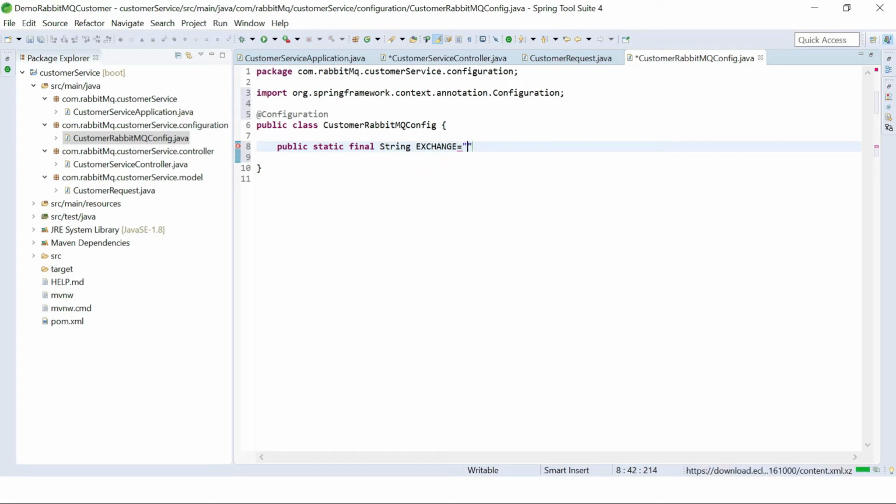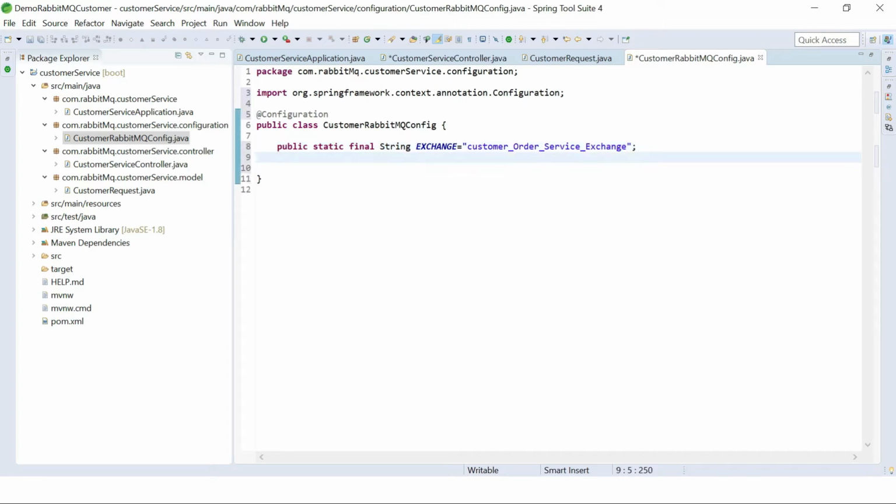Here I am hard-coding this, but the better practice is to read from a properties file. I can give the exchange name like customer order service exchange.